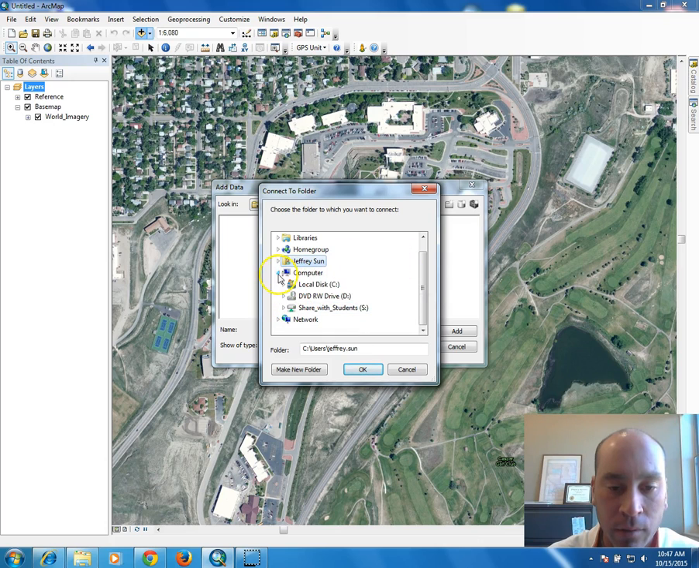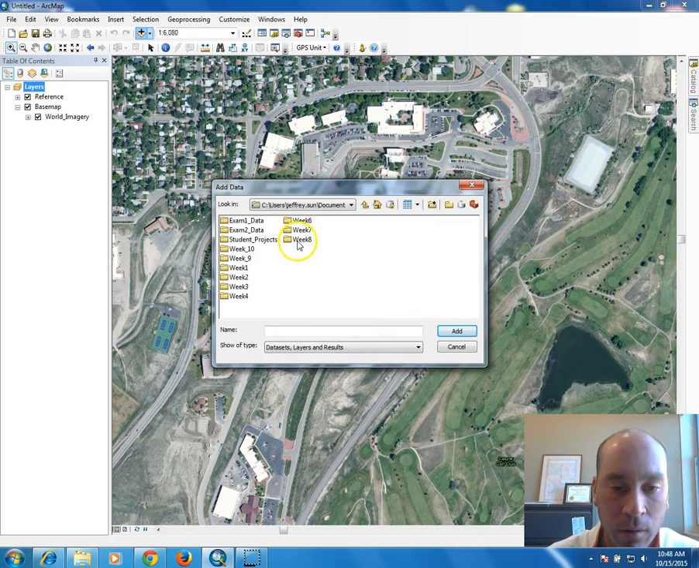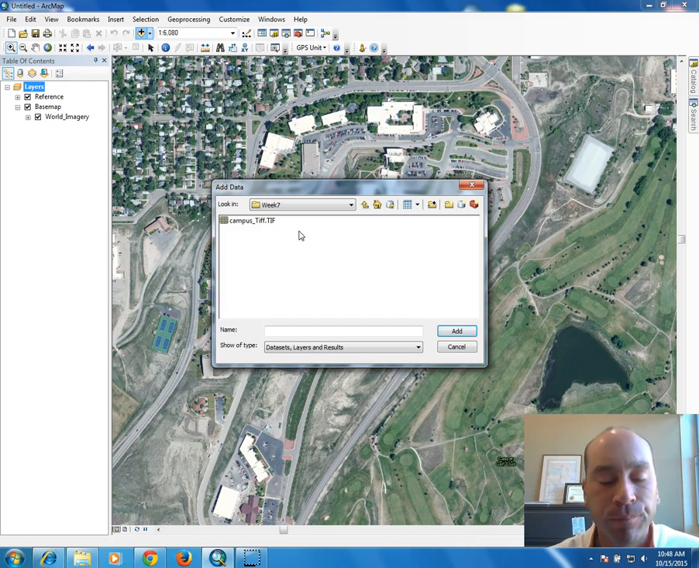Let's see. So I need to go to My Documents, Classes, Geog 1100. This particular data that I'm going to use is in my Week 7 folder, so just kind of ignore that. All of this stuff that you guys are going to be doing is going to be Unit 5. But I'm going to load in my Week 7 folder, I have this Campus TIFF